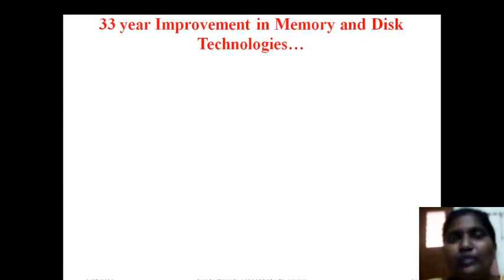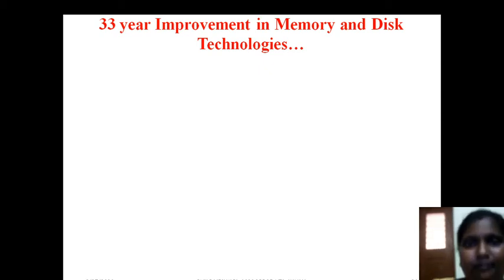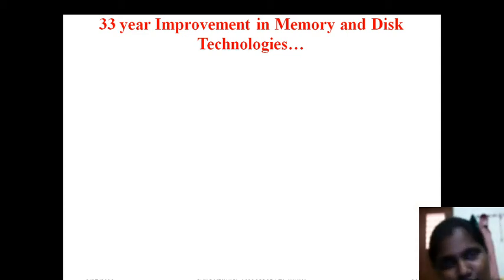See, I want to show one pictorial representation of this improvement in terms of memory. So in memory, we have two categories, primary memory and secondary memory. Primary memory is located inside the computer, which is able to store the OS. Next, secondary memory is outside the CPU, not a part of RAM, and is not near the processor. It is somewhat a little bit far from the CPU. So it has enough capacity to store a large amount of data.